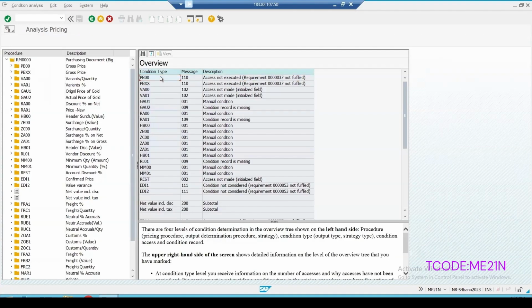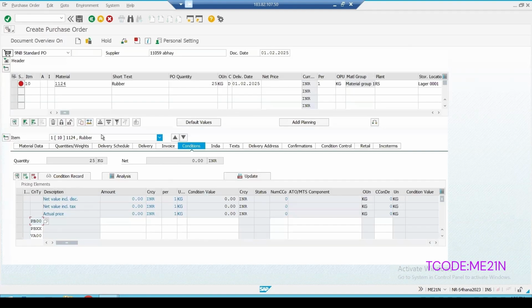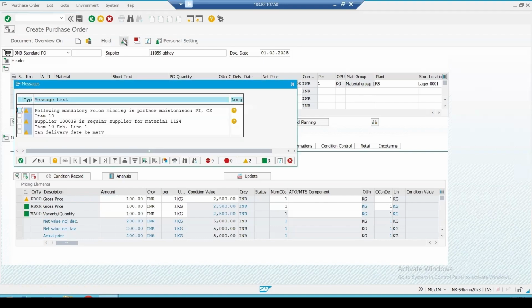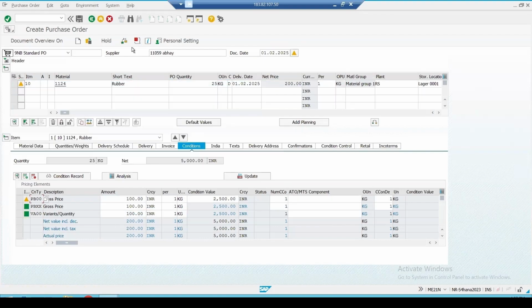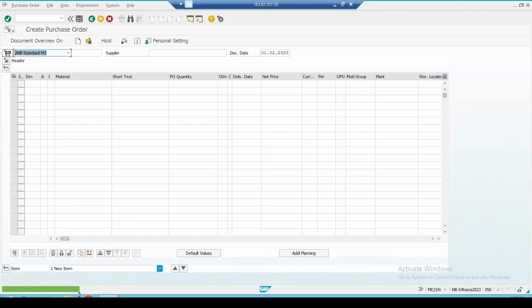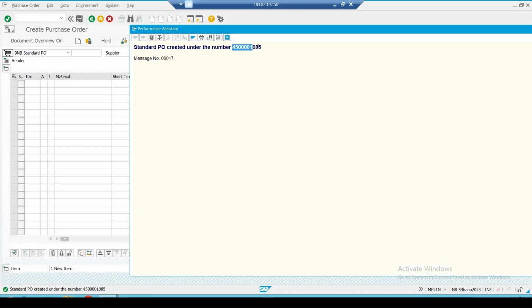Net price must be greater than 0. I can enter some gross price and some random value I'm entering. Okay. Enter. Check it once. All are just a warning, so we can continue with this and save it. So this is the number which is generated, and we can copy this number,